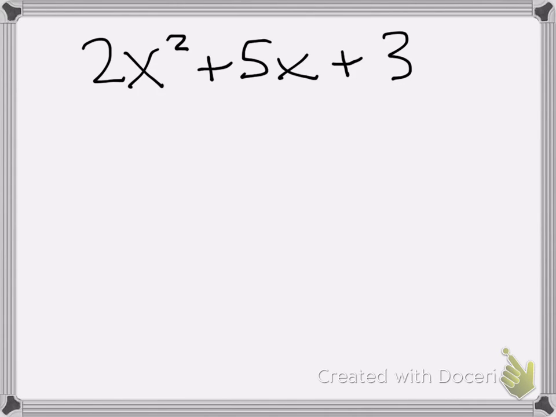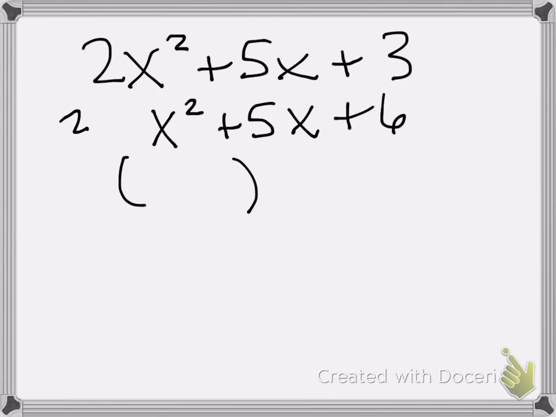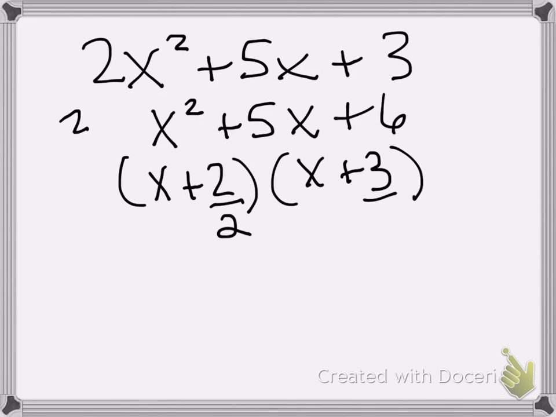Okay, let's take our 2x squared plus 5x plus 3, and we can factor that because we know how to factor. Okay, we're going to use bottoms up. X squared plus 5x plus 6. Not forgetting about our 2. We're doing bottoms up. You know how to do it. X plus 2, x plus 3, right? And then we take our 2 and put it underneath. From right here, it's going underneath. So we reduce. That's x plus 1